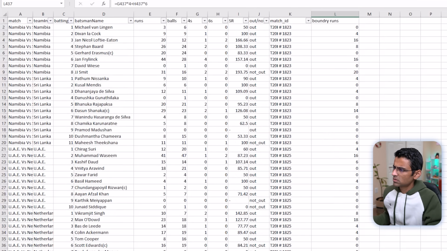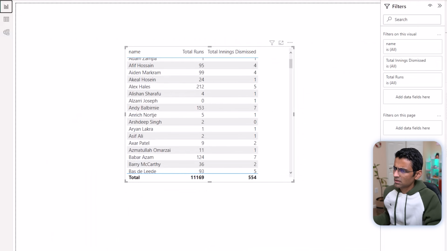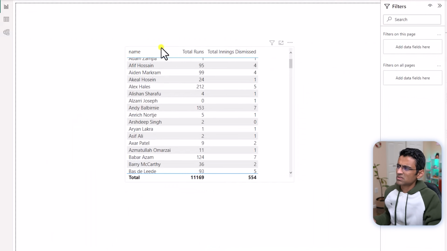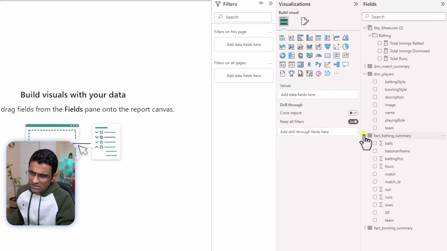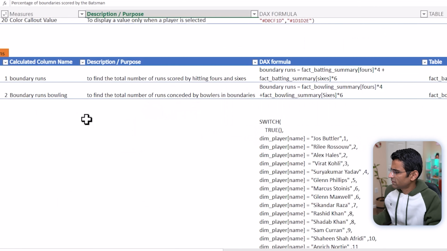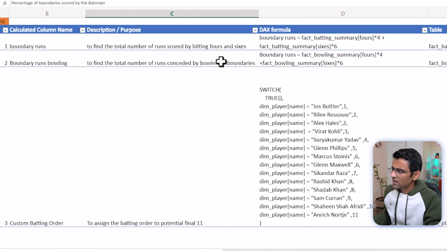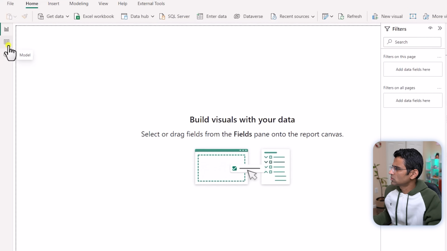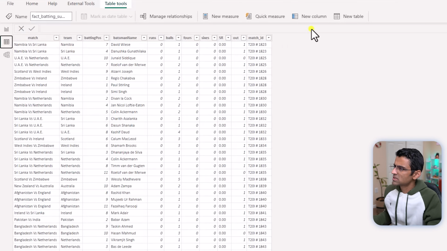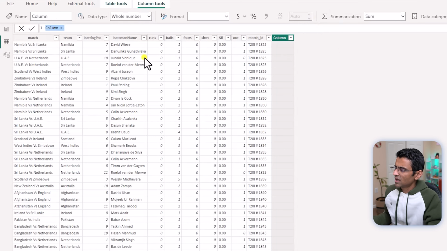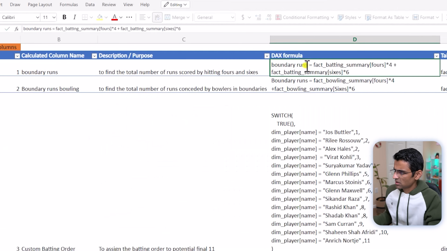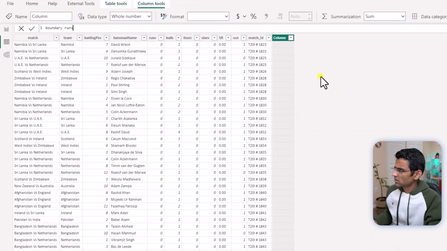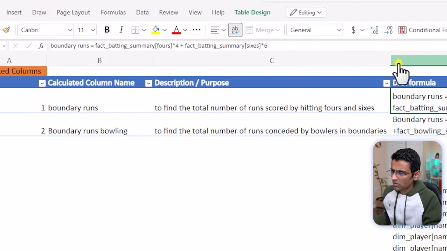So let's go to our file here, and by the way, this visual was just for your validation, so you can delete it. So here in the batting summary, I will create my first calculated column, which is, let's say, boundary runs, right? So boundary runs is this. So how do you do that? You can go to this table view and you can say new column. Okay, and this new column will be this. This is the name. Okay, so let's say boundary runs, and that boundary runs is equal to,